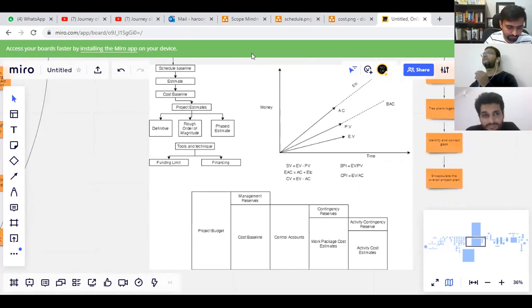For the cost, we have the schedule baseline, estimate, and cost baseline. Basically, we have the project estimates done based on the criteria: definitive, rough order of magnitude, and phased estimate. The tools and techniques which we are looking at are funding limit and financing. Basically, we have this chart showing time and money. Here we are showing the planned value, earned value, and the actual cost spent. And basically, we are showing here the BAC, which is the budget at completion, and we can have the estimate